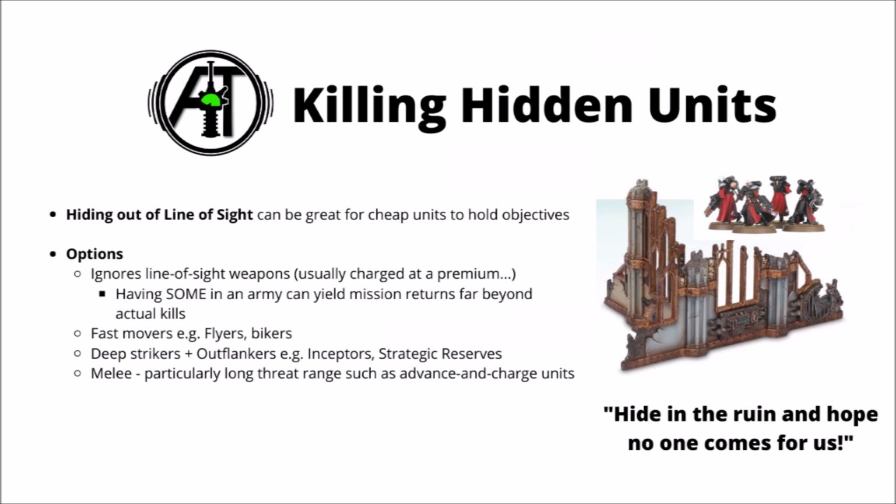They could also be damage dealers moving up the board, protected by cover, relatively fragile if they're exposed, but great value to you if you can kill them before they get to hit you. One of the most obvious ways is to fire things like artillery at them, ignores line of sight weapons such as Tau Smart missile weapons, Orc Squig Buggies or Imperial Guard Manticores could often have really quite a lot of good returns. Ignores line of sight weapons in 9th tend to be charged at quite a decent premium, but having